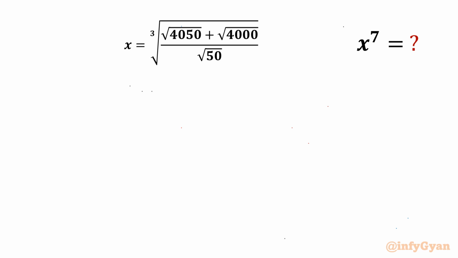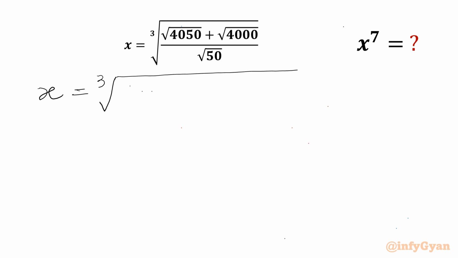In this video, we will be solving another very interesting question from radical mathematics. Here we have to evaluate x power 7, if x is the cube root of (square root 4050 plus square root 4000) over square root 50. So let's get started by writing x equal to cube root of